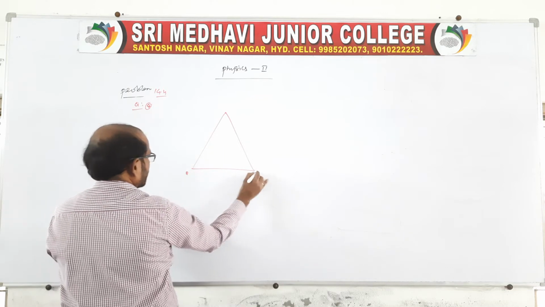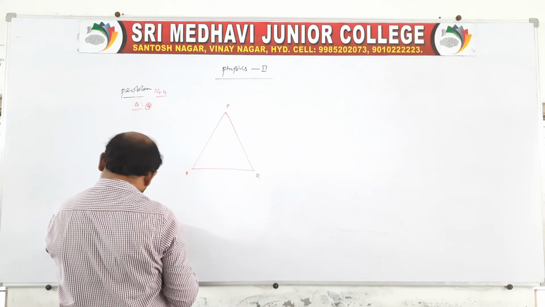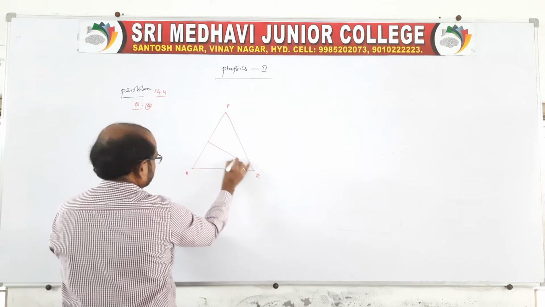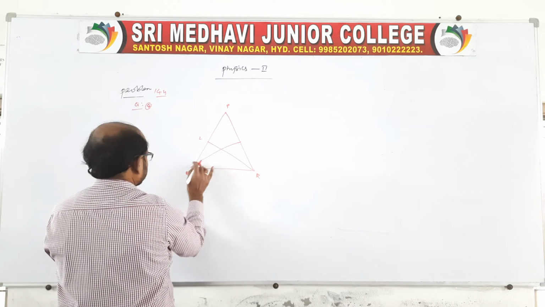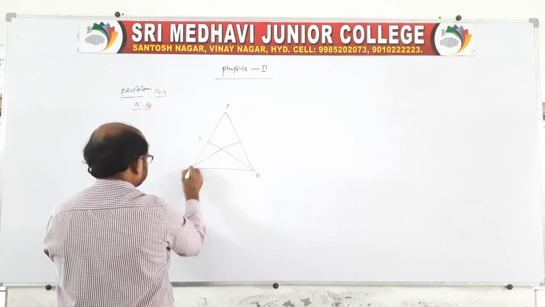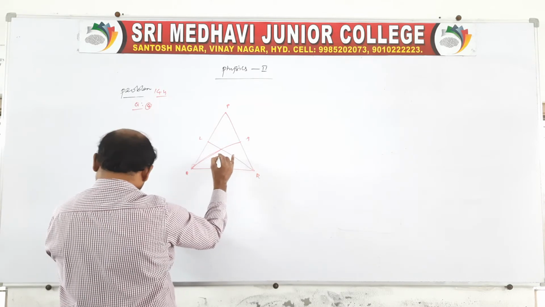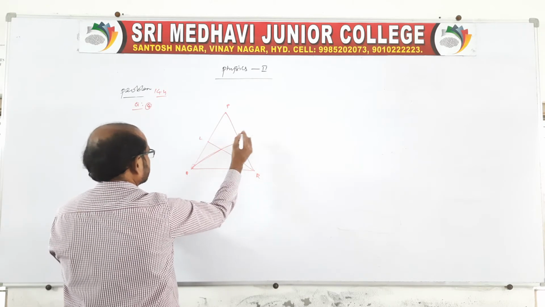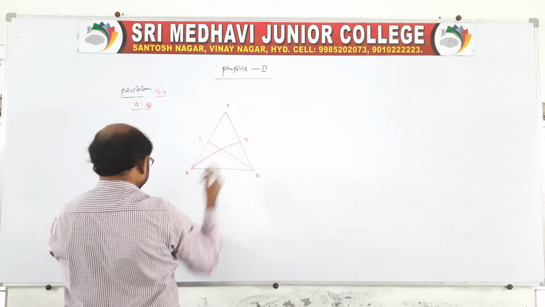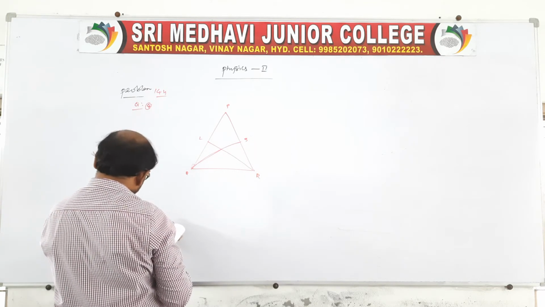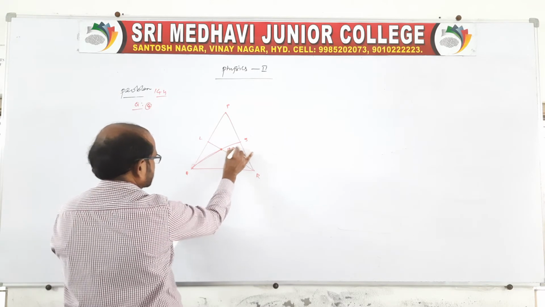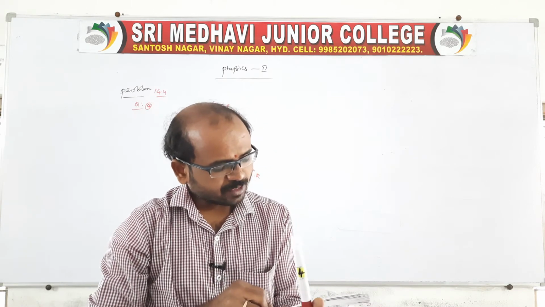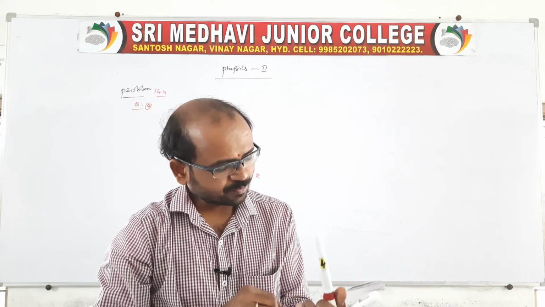So Q, R, P is the perimeter, right? You take one point here, something you take, not P. L, P, Q, R, S you take. So the charge is placed at the centroid. Which charge? Plus Q is placed. Now the question is asking the ratio of minimum and maximum possible electrical potential at the point P.